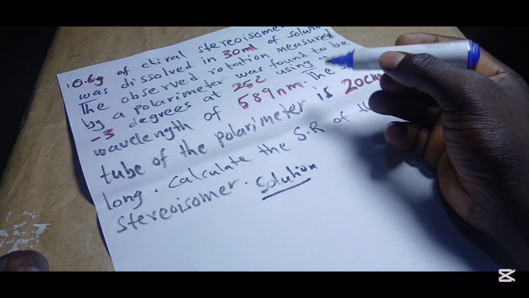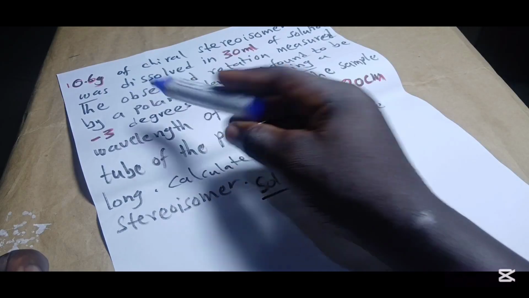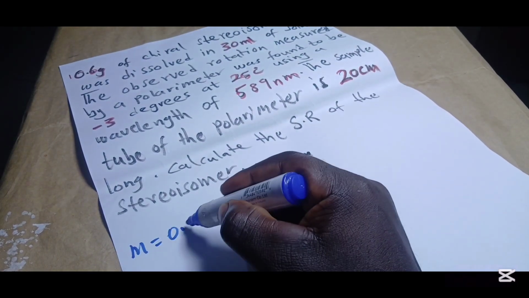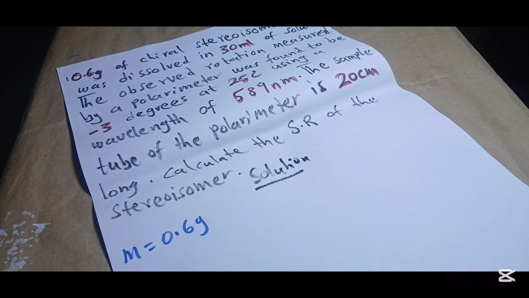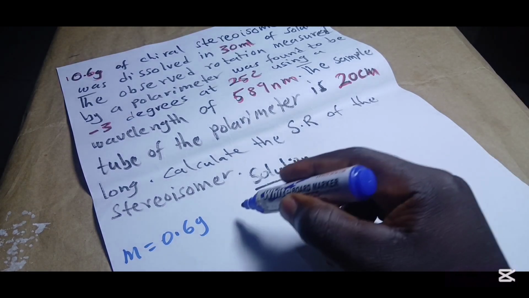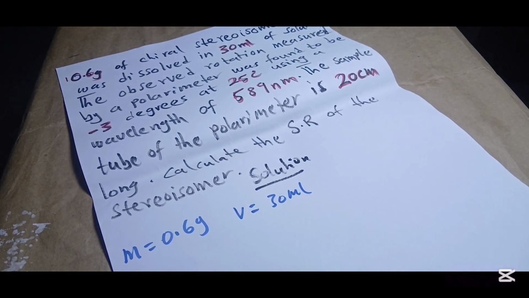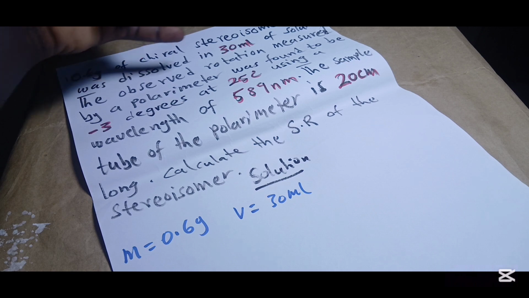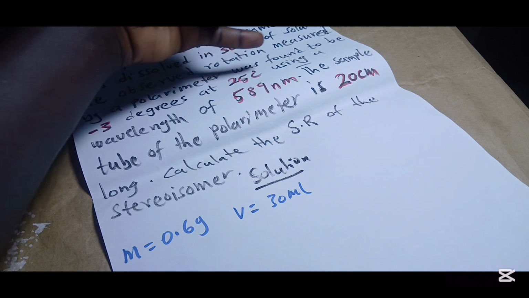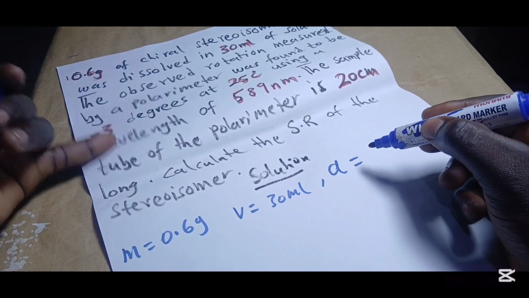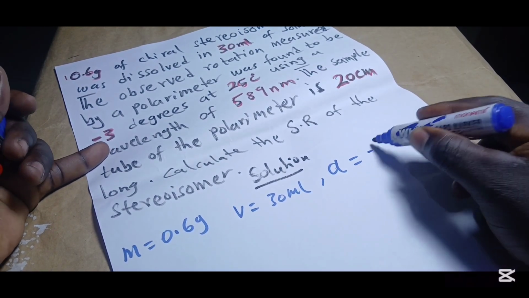Let's try putting our parameters together. We have mass, which is 0.6 grams, dissolved in 30 ml, so the volume is given to be 30 ml. The observed rotation measured by the polarimeter, alpha, is minus 3 degrees